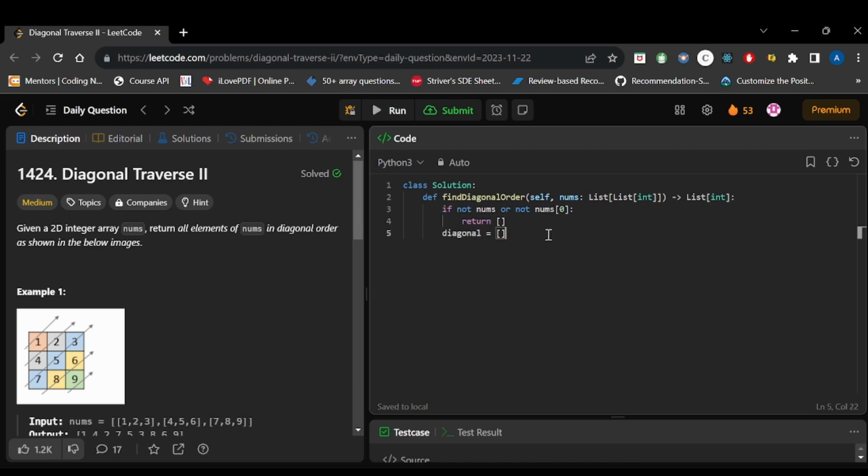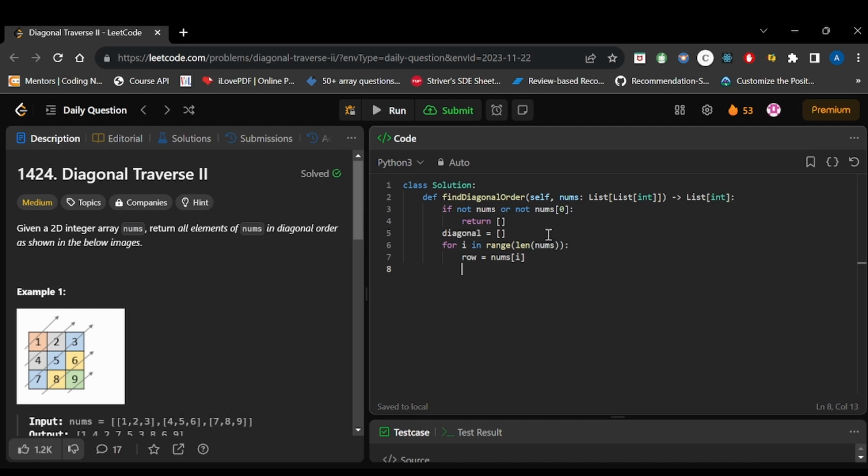After declaring the diagonal list, we will be iterating in a loop over the length of the nums array, meaning the total number of rows of the 2D array. Now we get the row, so we get nums of i.